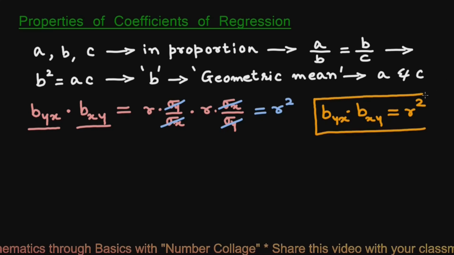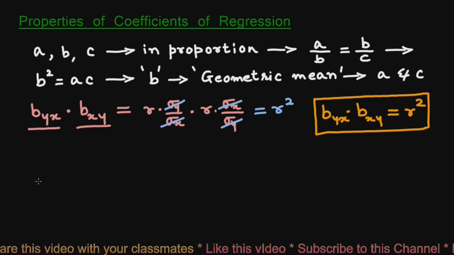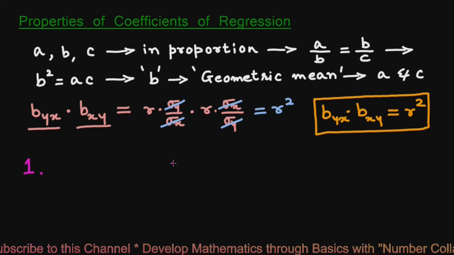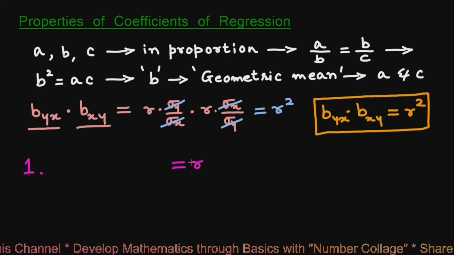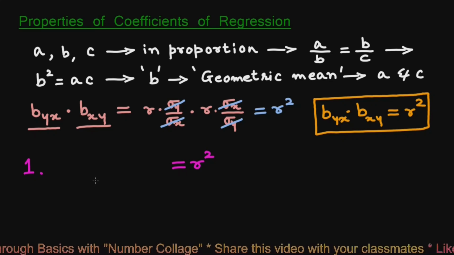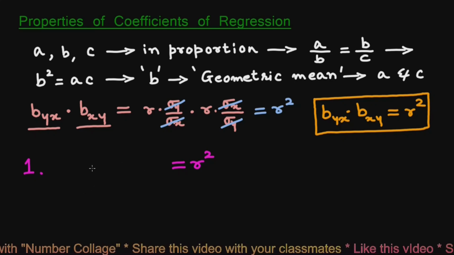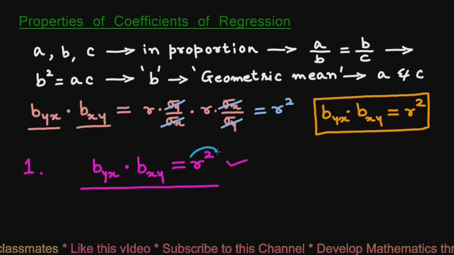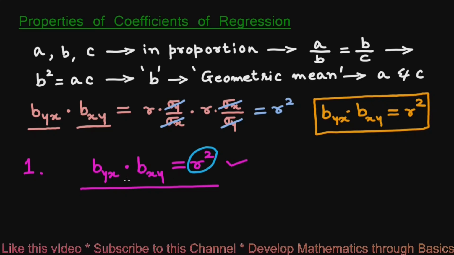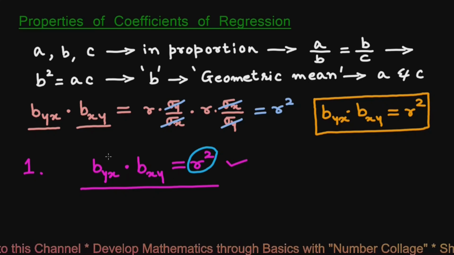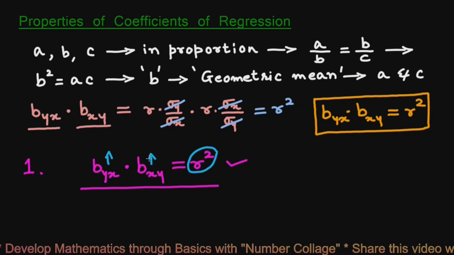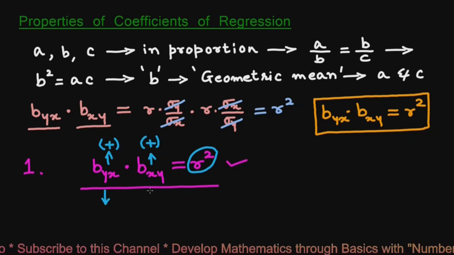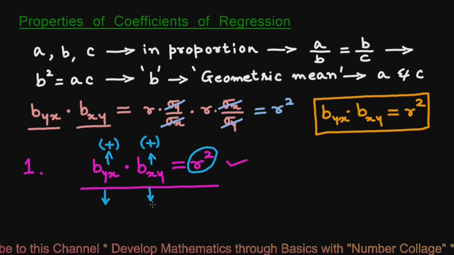Byx into bxy is r square. So the first property of coefficient of regression is coefficient of correlation r is the geometric mean between the coefficients of regression byx and bxy. Since a squared quantity is always positive, both byx and bxy will be either positive or both